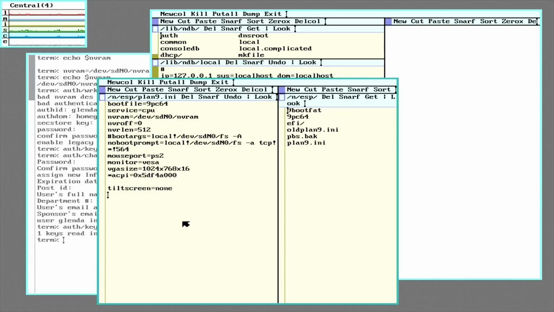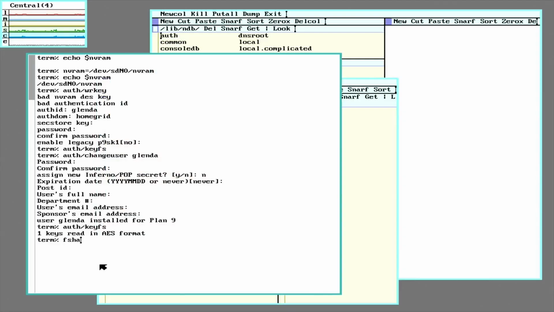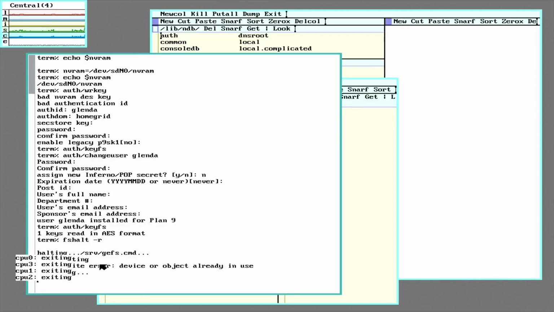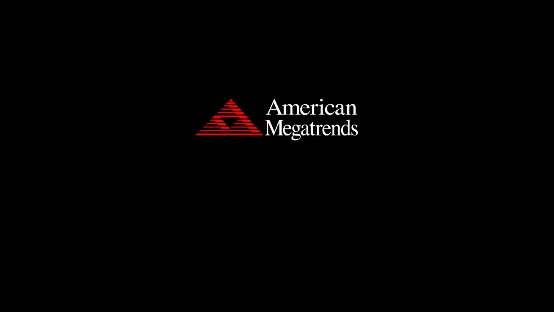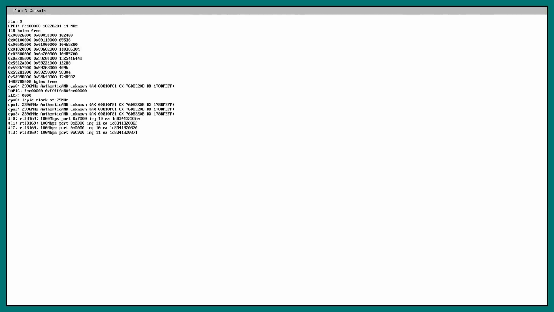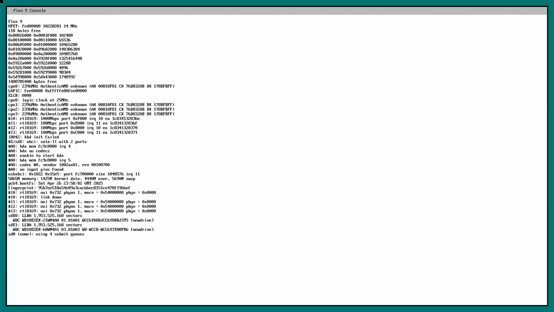And now we can see if it boots. So go ahead and do fshalt with an r to reboot. So here it goes. The BIOS. Here's the plan 9. And there we go. So now it's set up as central, and as typical with a CPU server setup,